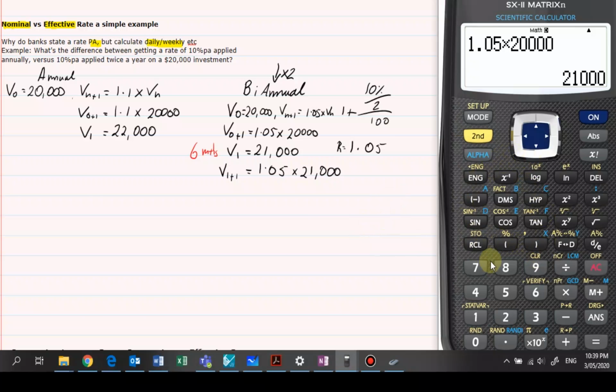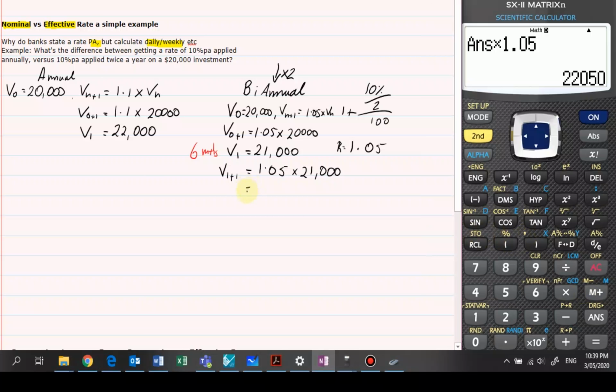Over to our calculator. Now I can just hit times. That'll do my last answer, multiplied by 1.05. And we get $22,050. So which one is it better to have? Same interest rate, but one's applied biannually, one's applied annually. We have $22,000 versus $22,050. So at the end of the year, just on 1 year, we have $50 extra just by applying the